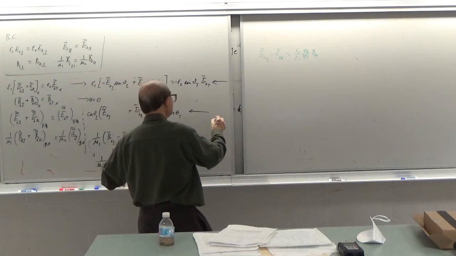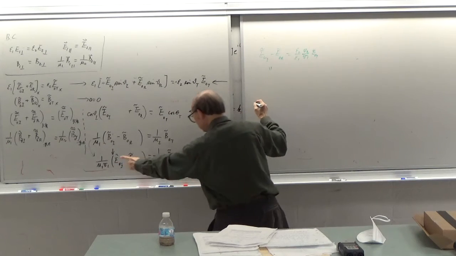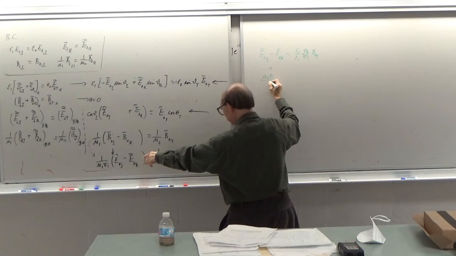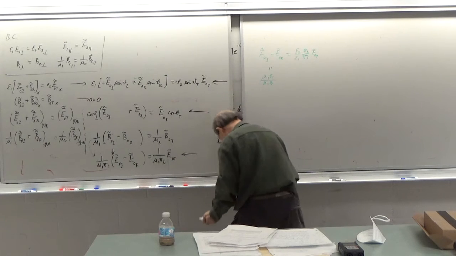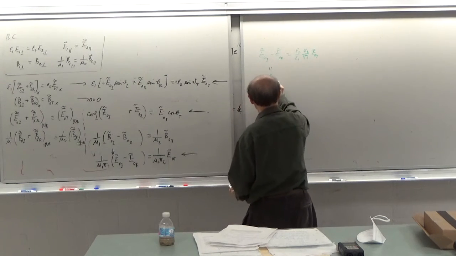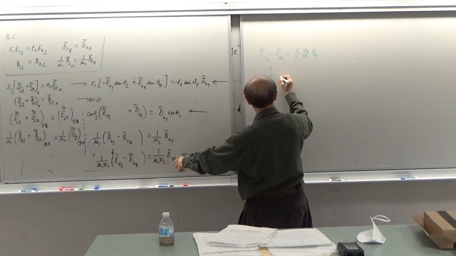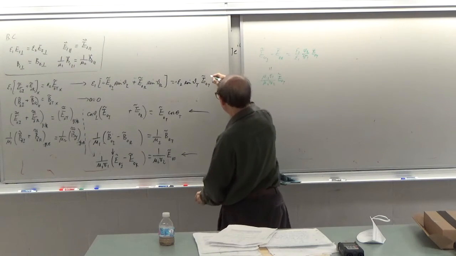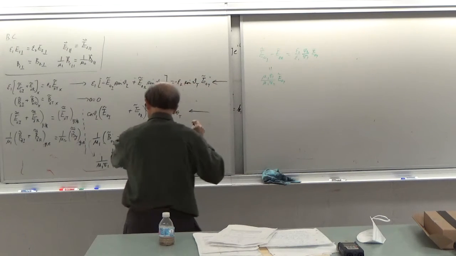So this is also equal to, put this to the other side, mu1 v1 over mu2 v2, E not T. So this is taken care of. This taken care of. And then finally, we have this equation,